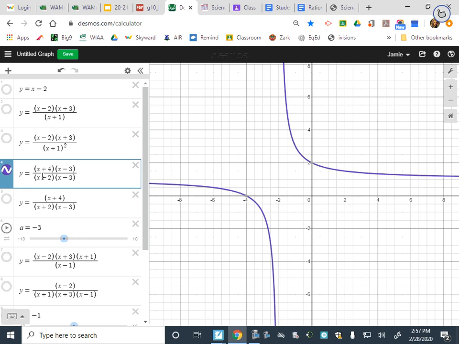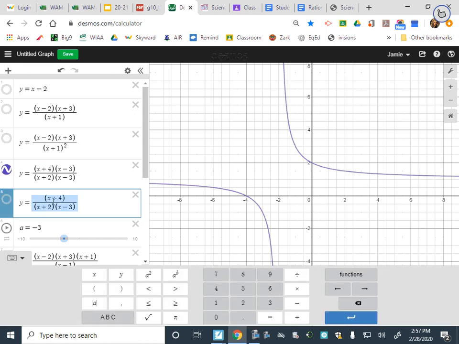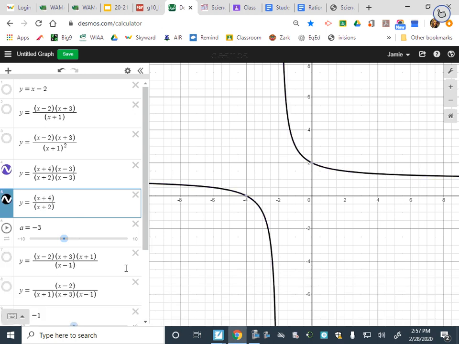When you did the domain stuff, if I asked you what's the domain of this rational function, you would have said x can't be -2 and x can't be 3. Even though 3 seemed like it was going to do something for us in the numerator, we can't use it. If I come down here and change this into an x plus 4 over an x plus 2, I'm going to get rid of this one. And if I graph that,